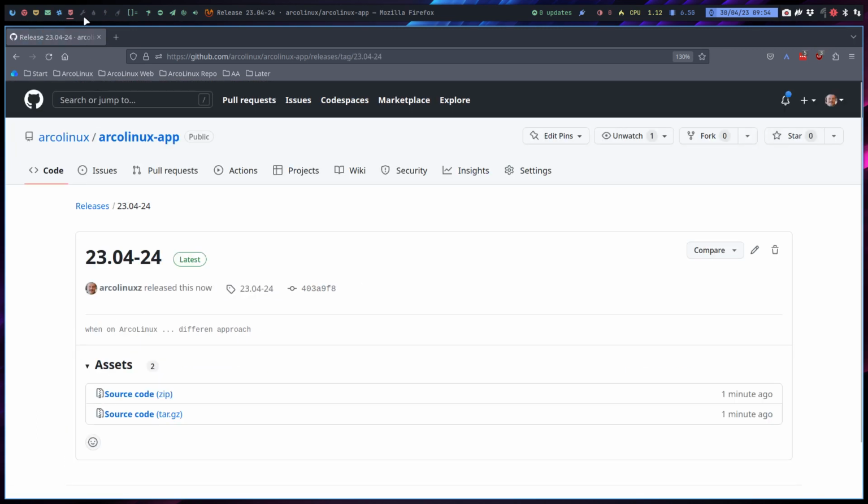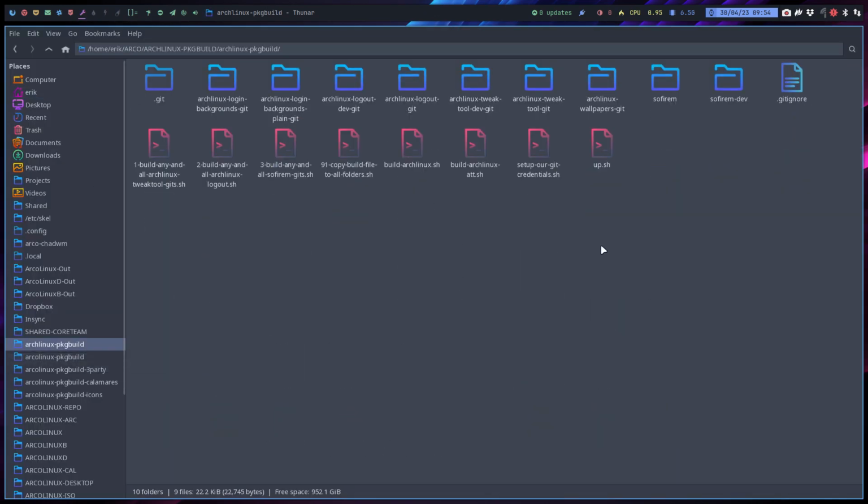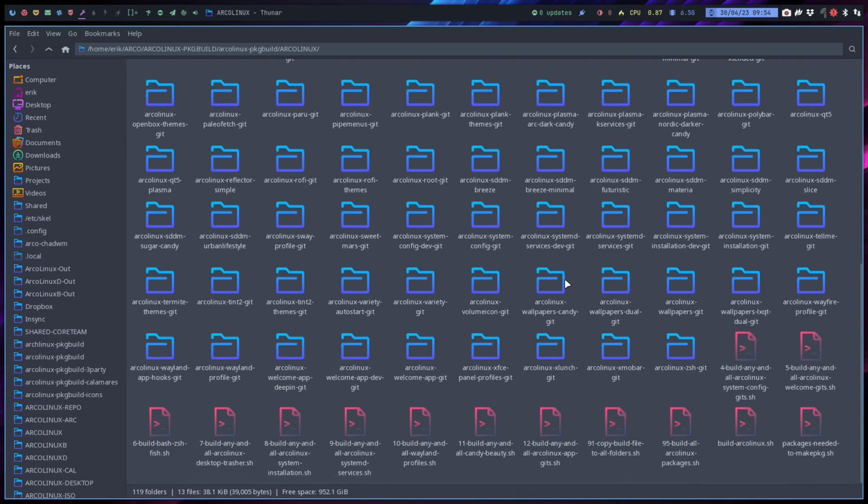That's that. Then we build it. ArcoLinux package build. Nope. ArcoLinux package build. Yes. And down here we have number 12.